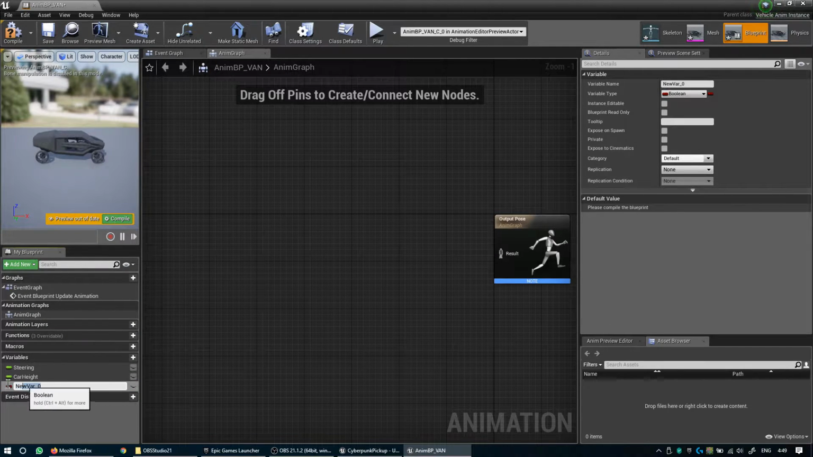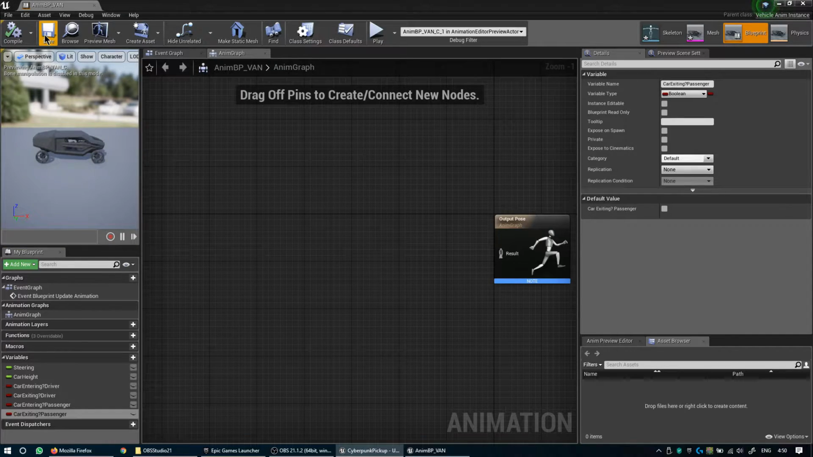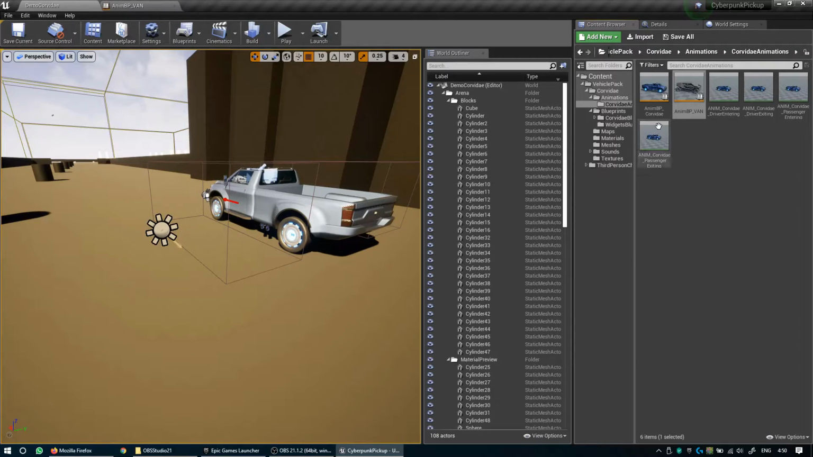They are bools: car entering for the driver, car exiting driver, car entering passenger, car exiting passenger. Compile and save it. And open your